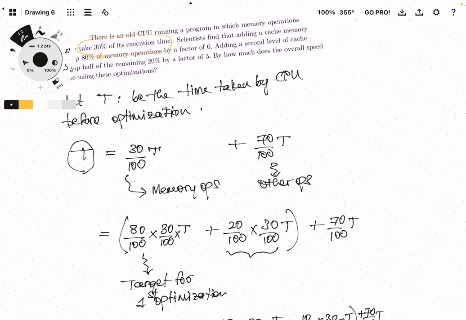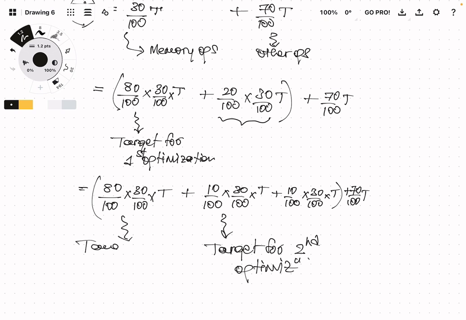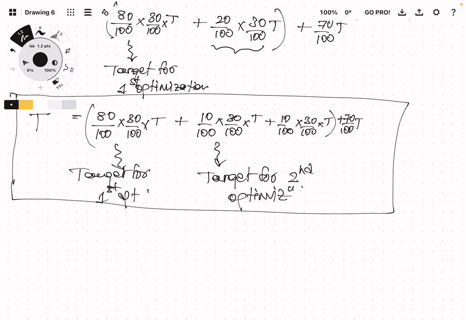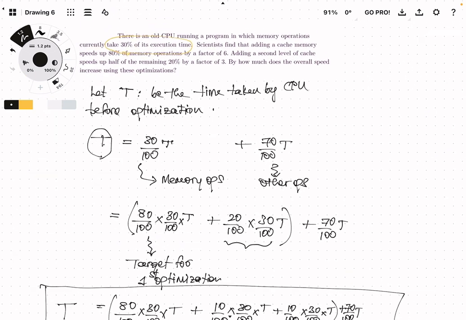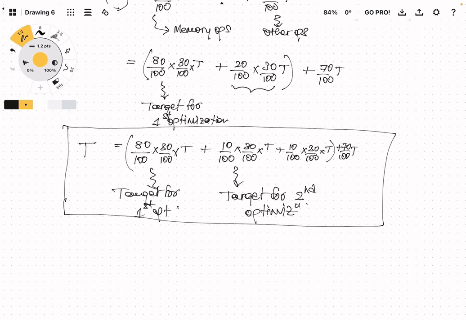Okay, and now what we know is this is the target for the second optimization, and this is of course as always the target for the first optimization. So this is our important master equation that we need to look at. And now we're going to go about subdividing it by the appropriate speed factors. For the first optimization, it improves everything by a factor of 6, and the second optimization speeds everything up by a factor of 3,